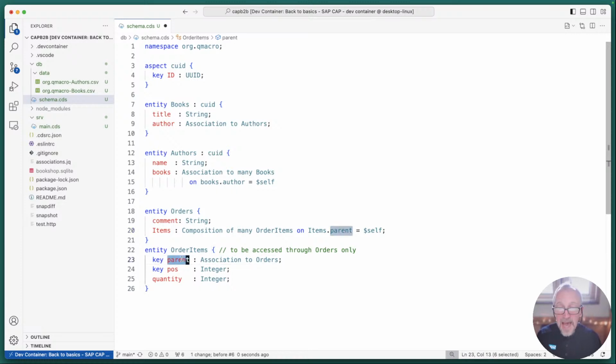So it's there, parent, it even highlights it for us, right? So basically, $self is effectively the key of this entity, is me, right? $self, me, this order. This instance of the orders entity has to be the same as the key of this, because remember, oh, also